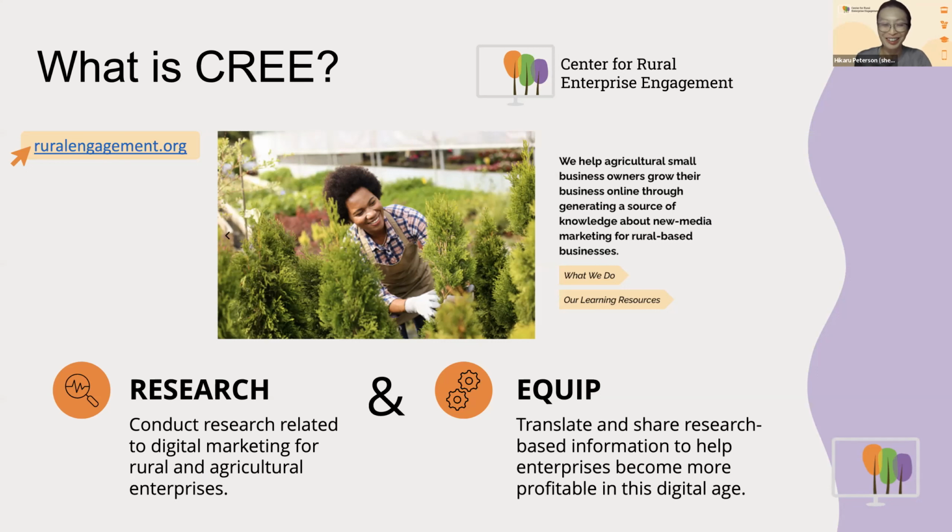I want to talk a little bit about Insight Summit, which is why we're here, but it's our main vehicle of outreach to our stakeholders. It is an opportunity for us to share what we've discovered through research and translate that into how-tos for rural and agricultural businesses and other related professionals interested in improving their online presence. So we're realizing this is our sixth Insight Summit. Our first 4 conferences were offered physically, 3 in Manhattan, 1 in Olathe.